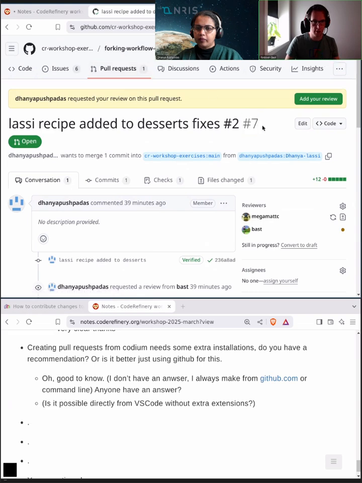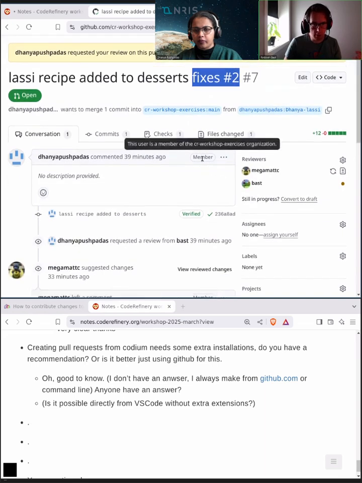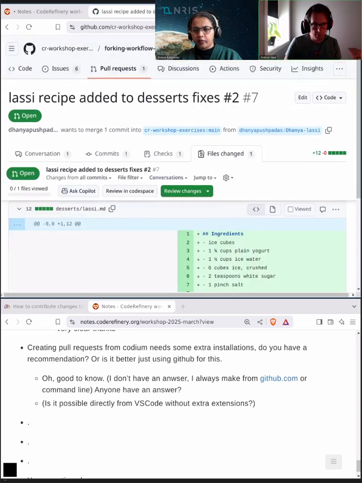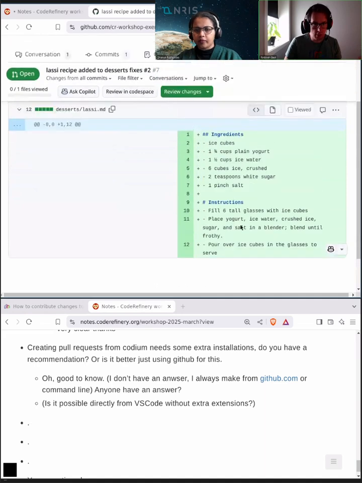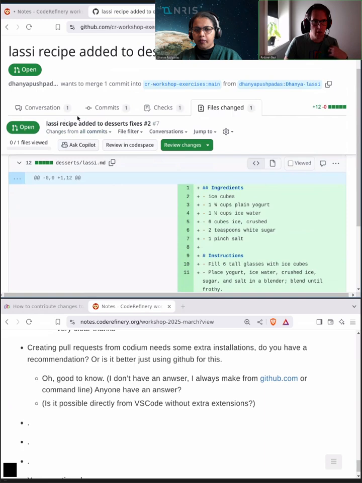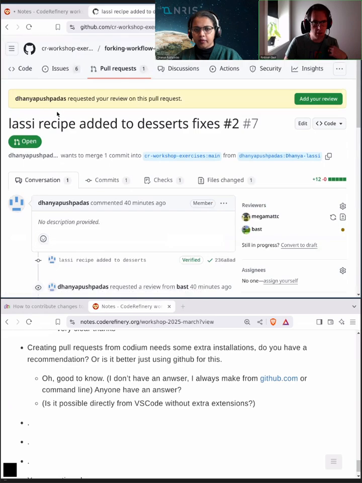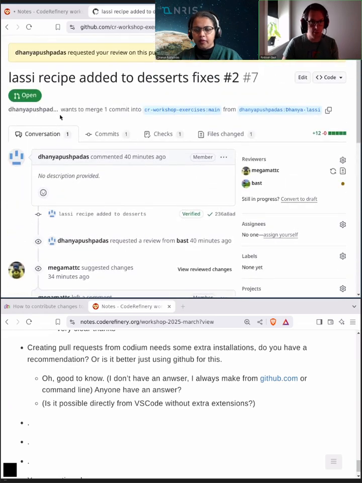So each pull request has a number, but also each issue has a number. Here you refer to an issue. And this magic word, as soon as I merge it, and now, so how do I review it? I normally look at this. I look at the files changed. Looks great to me. And I will merge it. And as soon as I merge it,